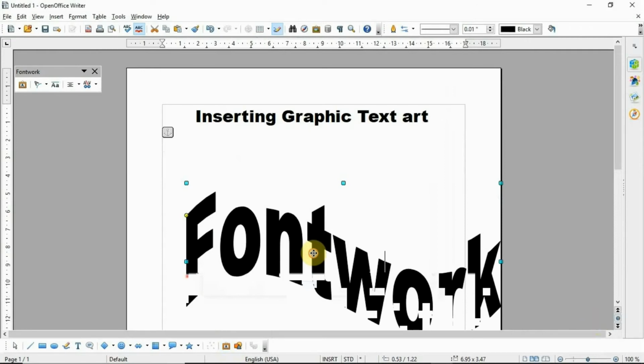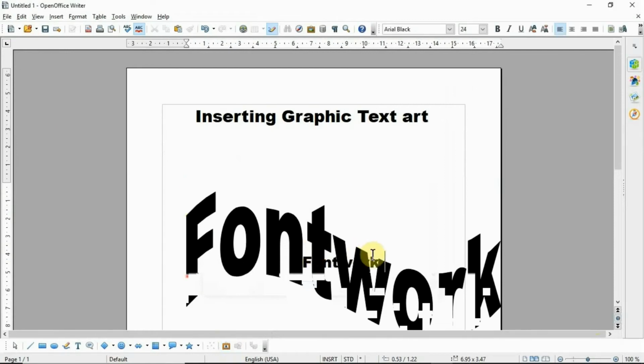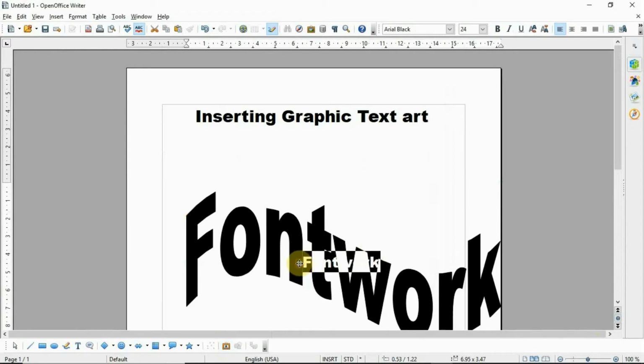And then double click here on the text art object and change the text. Here I type information technology.